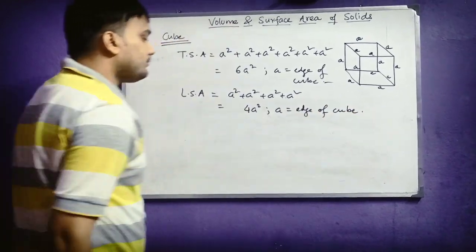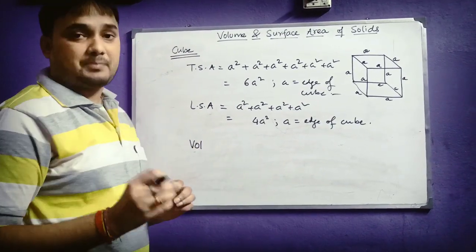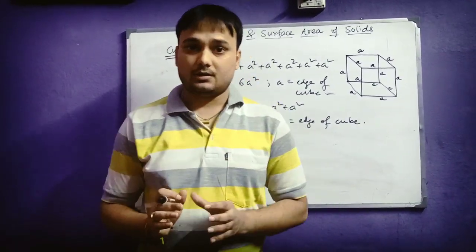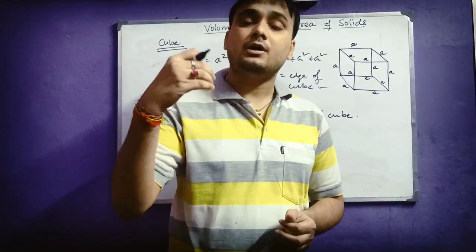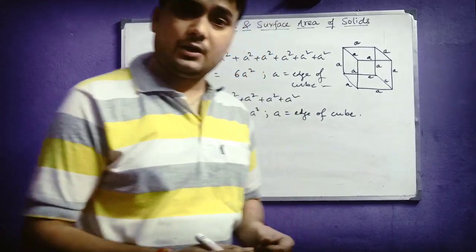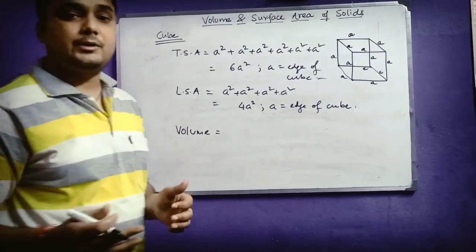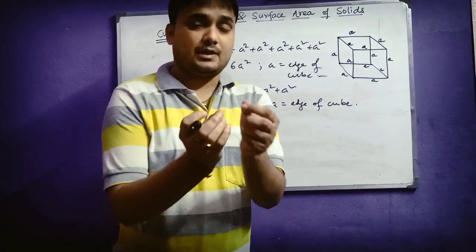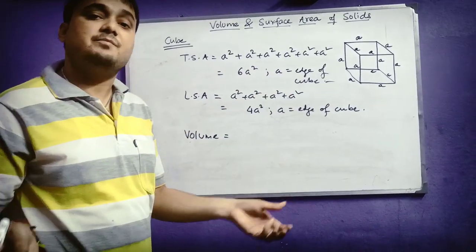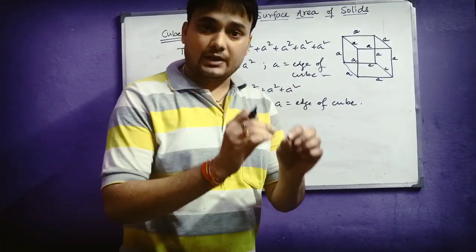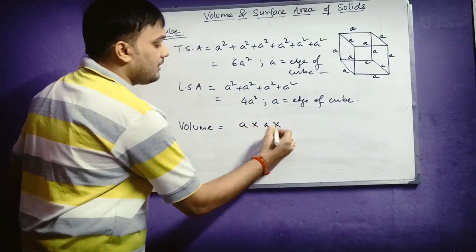Okay, if I want to find the volume, that is the total space inside the cubical box. What will be the total amount of space inside the cubical box? If we want to find that, that means we have to find the volume. So what will be the volume? Volume will be equal to, as in cuboid it was length into breadth into height, as there were 3 different dimensions there, and in cube all those 3 dimensions have been replaced with the side only, with the edge only, which is equal to a. So it will be a into a into a.